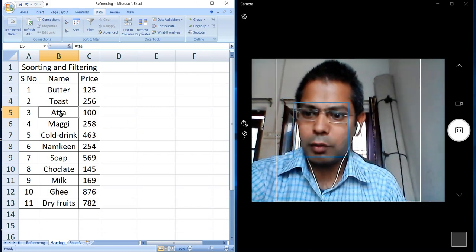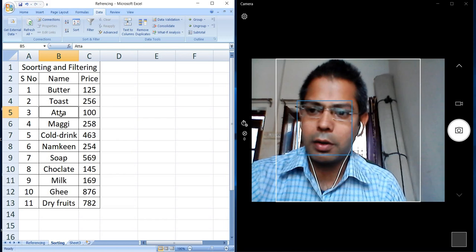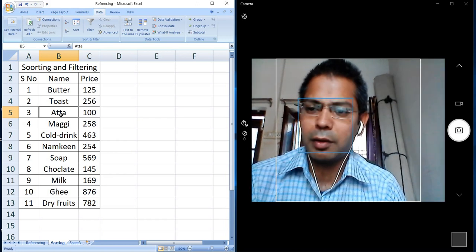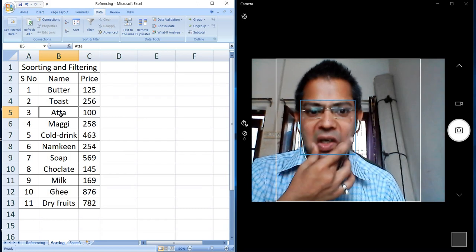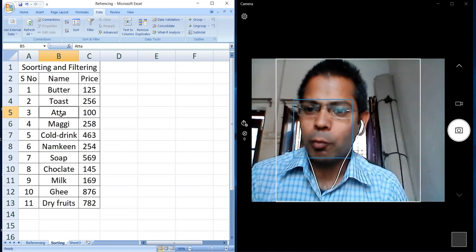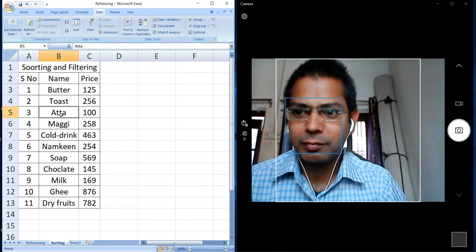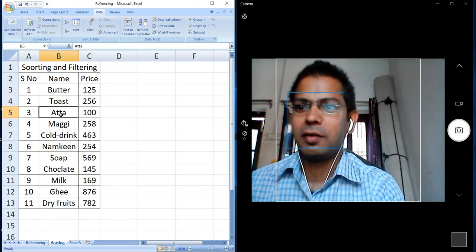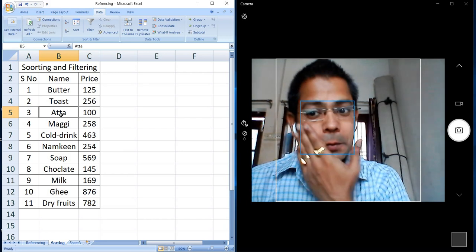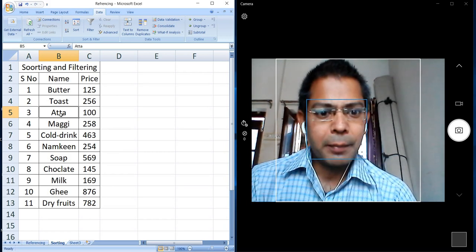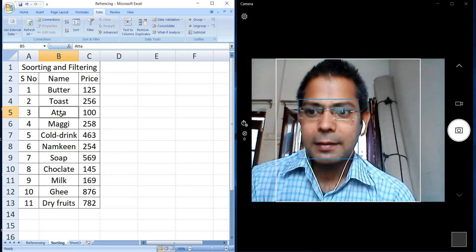Suppose you are taking out a few records from this list of the 11 objects. I want to filter from this list those items which are more than 500 rupees, meaning which are purchased for more than rupees 500. So it is called applying filtering on the given data.